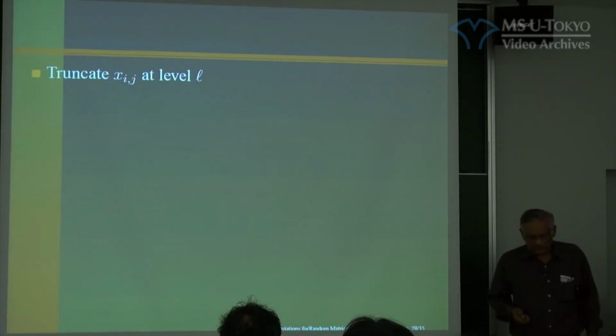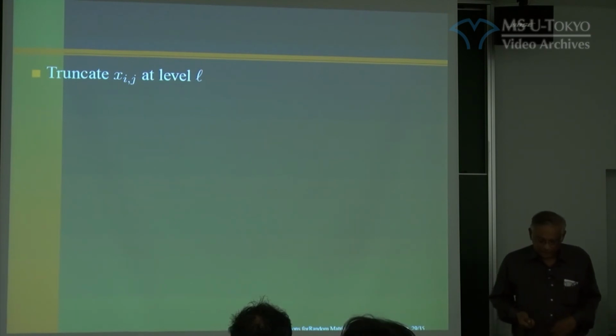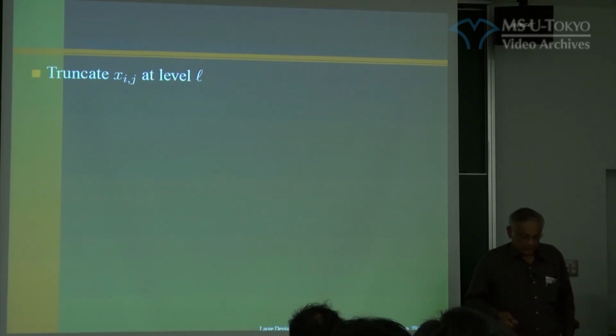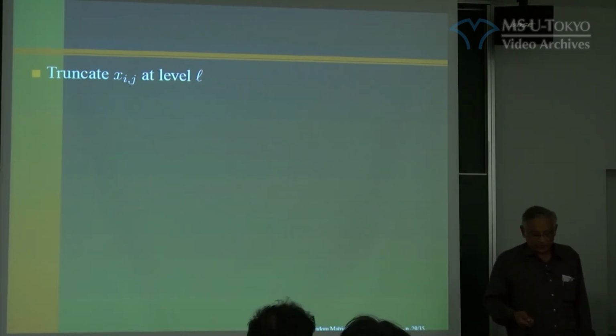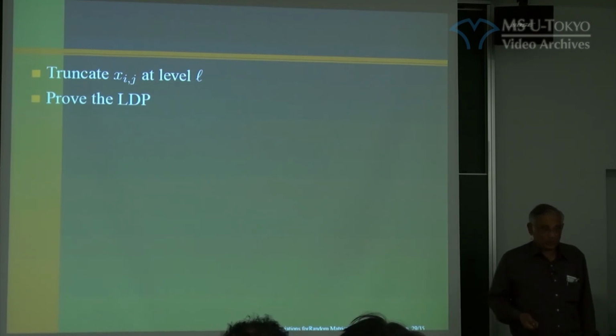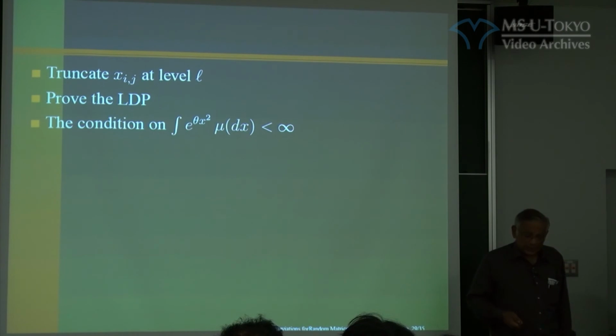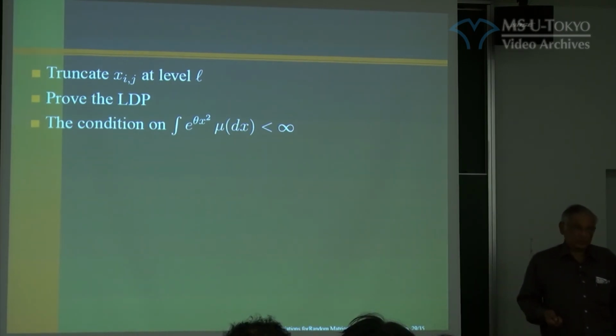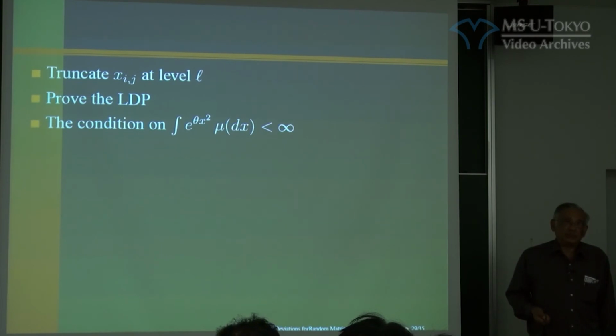Now, if you want to extend it for unbounded things, you use a truncation and then you prove the large deviation for the truncated one. Now, why do we need the condition that it should be faster than Gaussian? What happens if it is Gaussian? Well, if it is Gaussian,